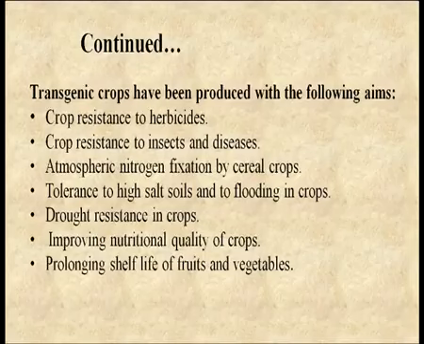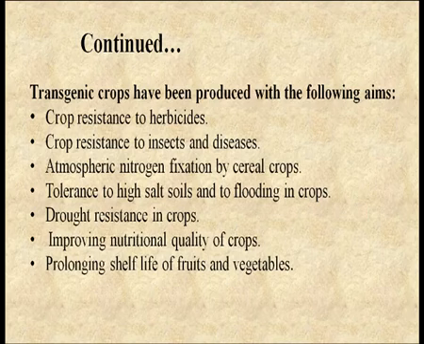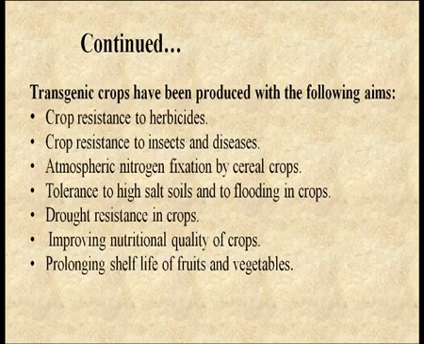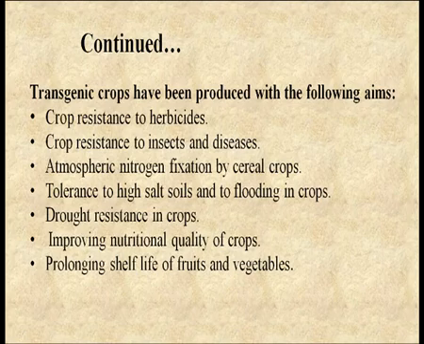Transgenic crops have been produced with the following aims: crop resistance to herbicides, crop resistance to insects and diseases, atmospheric nitrogen fixation by cereal crops, tolerance to high salt soil and to flooding in crops, drought resistance in crops, improving nutritional quality of crops, prolonging shelf life of fruits and vegetables. So, some important examples of transgenics or GMOs are: